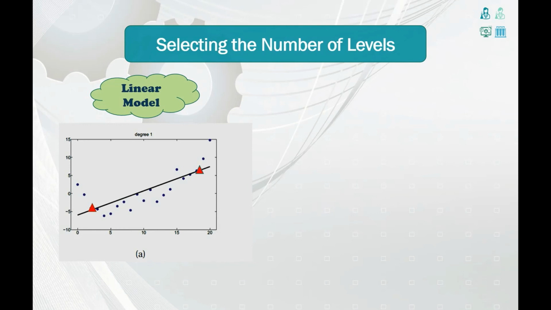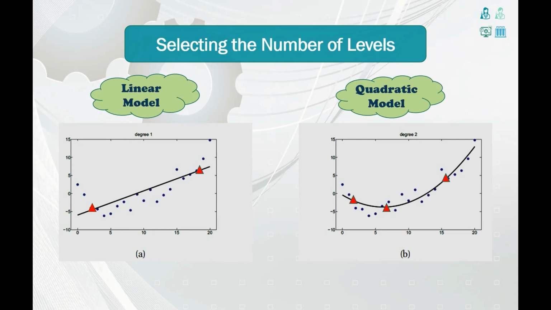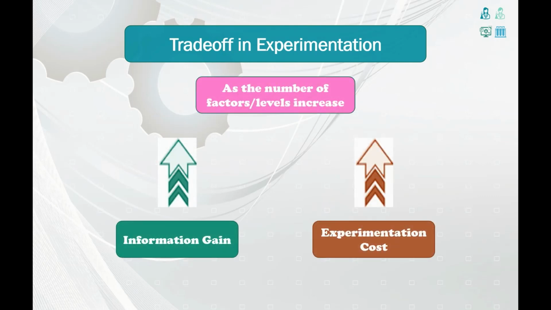Likewise, the experimenter will need to vary the levels of the input factor to at least 3 distinct levels to estimate a quadratic effect. However, as the number of levels of a factor increases, the number of runs required to successfully complete the experiment will increase. This will in turn increase the experiment's cost. This is also true for the number of factors to include in the experiment. As a general rule, more runs will allow the experimenter to build more complex models with better statistical properties, but at an increased cost.